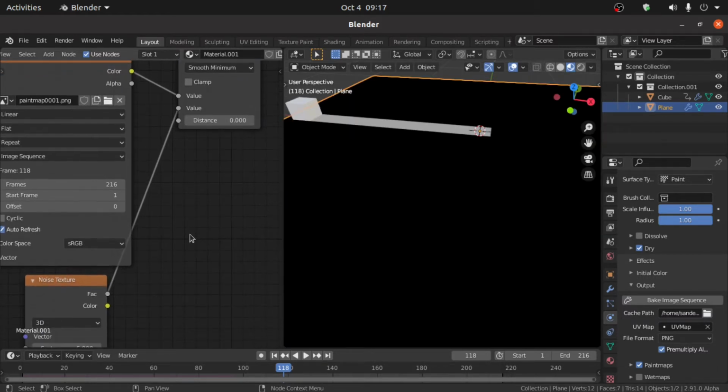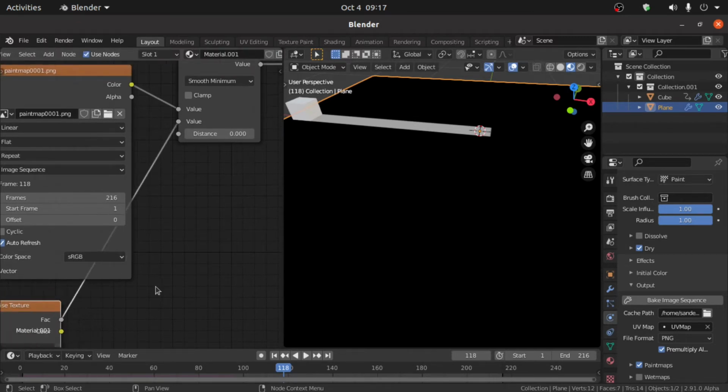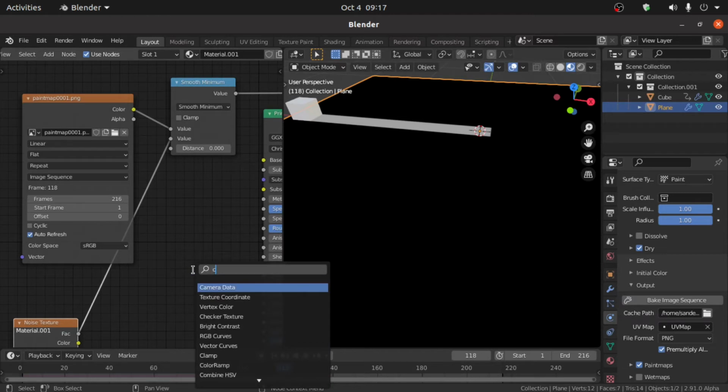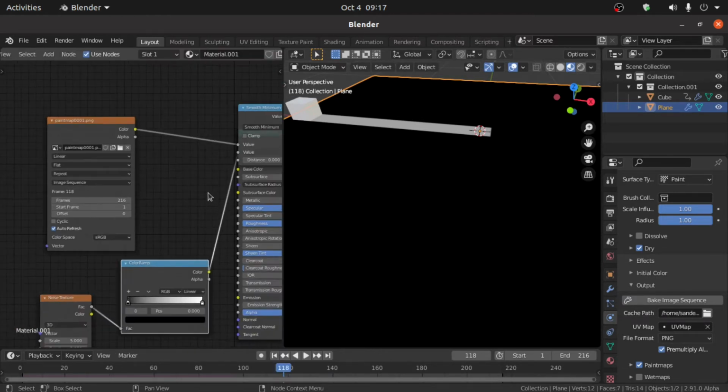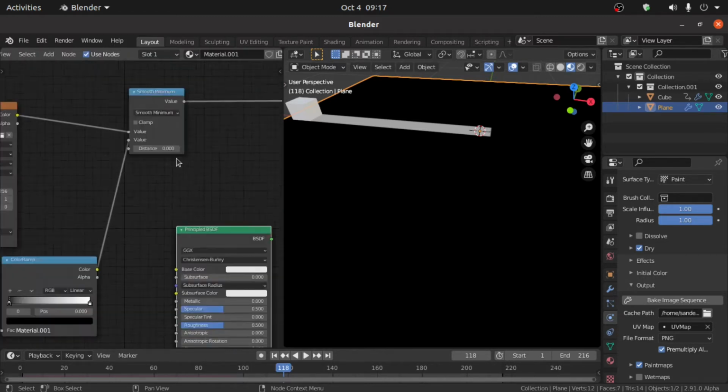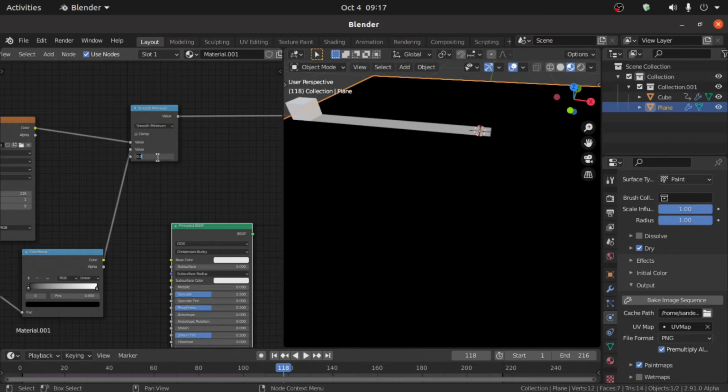Okay, nothing is happening. So first we have to add a color ramp. So press Shift A and search here color ramp. And also increase the distance value, that is 0.2.